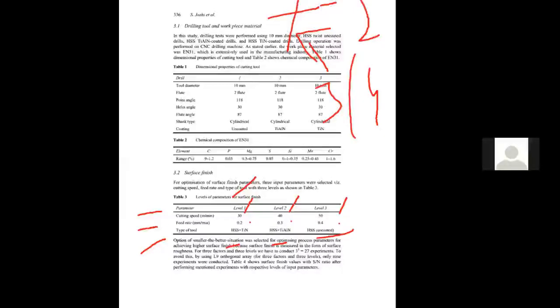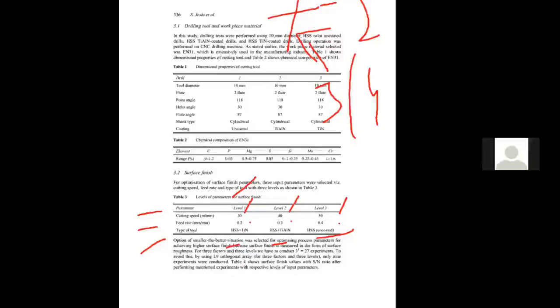For example, if I want to make tea, the input parameter is sugar. First level is one tablespoon of sugar. Second is three tablespoons of sugar. Only two levels, one and three. Now I can divide it in a more minute way: one tablespoon, 1.5 tablespoon, 2 tablespoon, 2.5 and 3. I have covered the same range, but I have divided the range more specifically, more minutely. Now again, I can divide 1.25, 1.5, 1.7 like this.